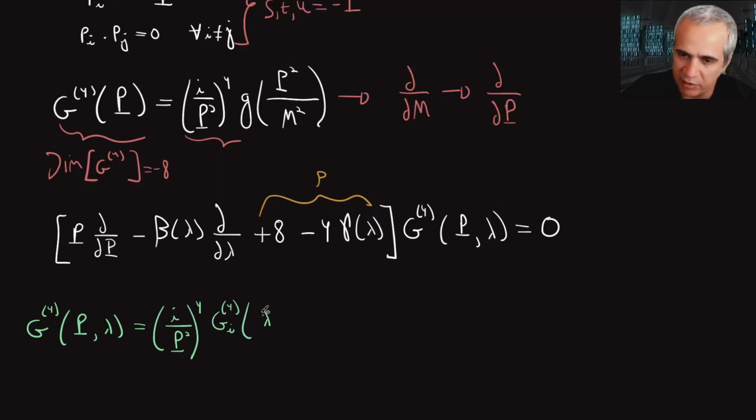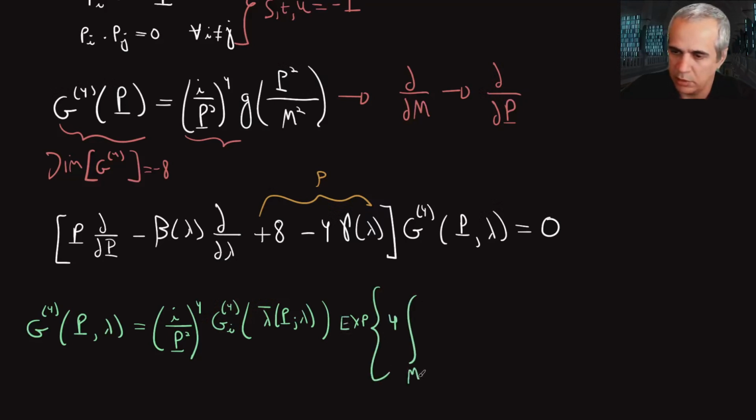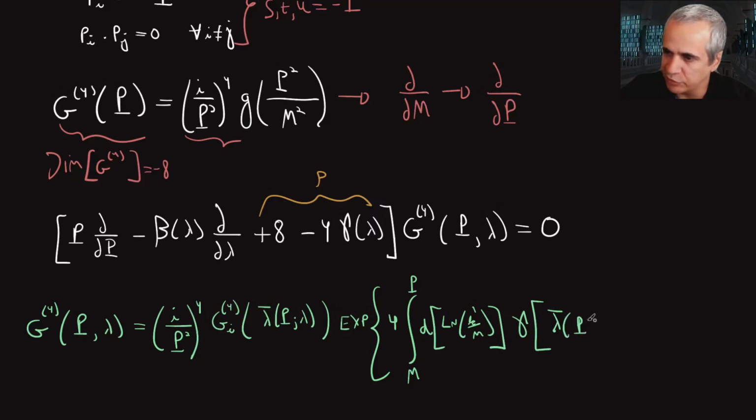You have lambda bar of capital P; lambda, times the exponential of 4 m to capital P d log of k prime over m, gamma of lambda bar, which itself is a function of p prime, lambda,